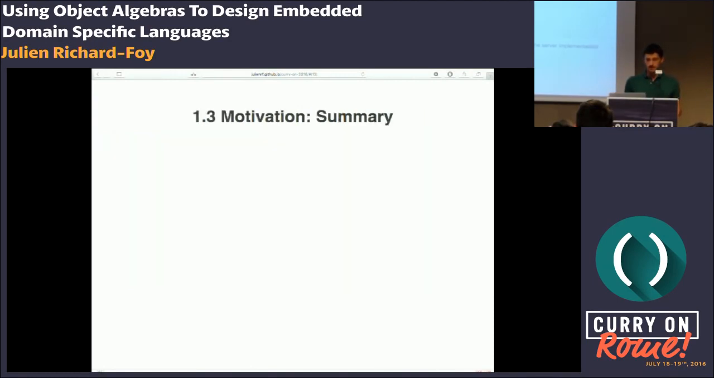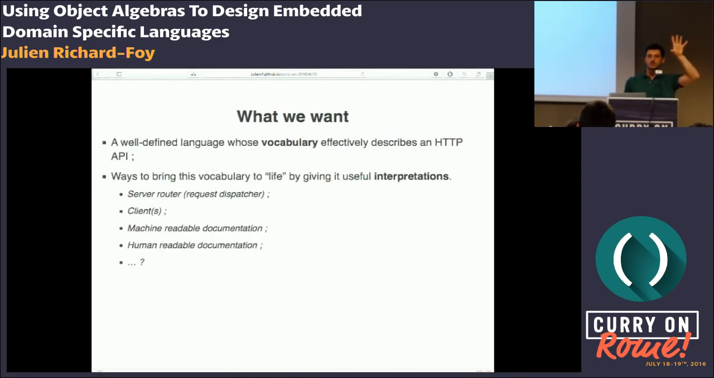So instead of that, I want to have just one language that I can use to effectively describe the whole communication protocol. And then I want to be able to derive from